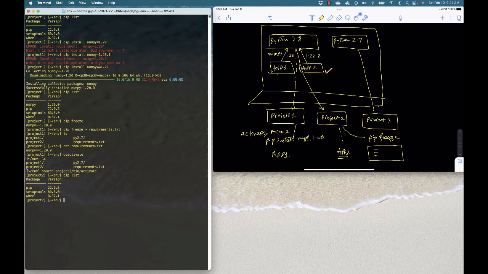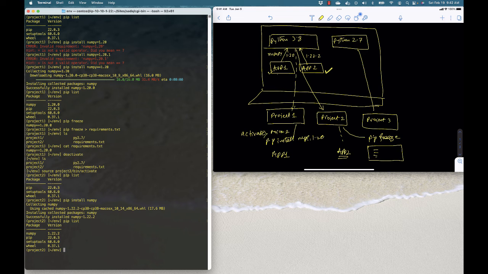it doesn't have much. Now you can say pip install numpy, because in this particular case we are making an assumption that this is going to be using the latest version of numpy, so you don't have to specify the numpy version. If you were to now look at that and say pip list, now it's using numpy 1.22.2, so you can run your application using this. After you're done, you can